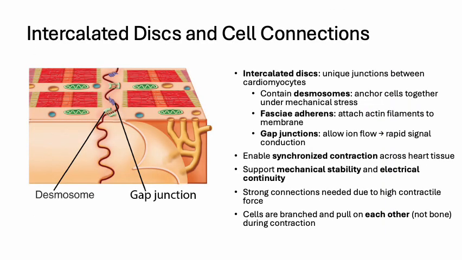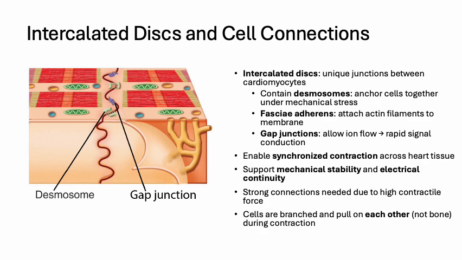One of the most defining features of cardiac muscle tissue is the presence of intercalated discs, which are specialized structures found only in the heart. These discs form the junctions between adjacent cardiomyocytes, and they are absolutely essential for both mechanical integrity and electrical coordination of the myocardium. Intercalated discs are composed of three main types of junctions. Desmosomes, which act like molecular rivets. They hold cells tightly together, especially important when the heart contracts with such great force and